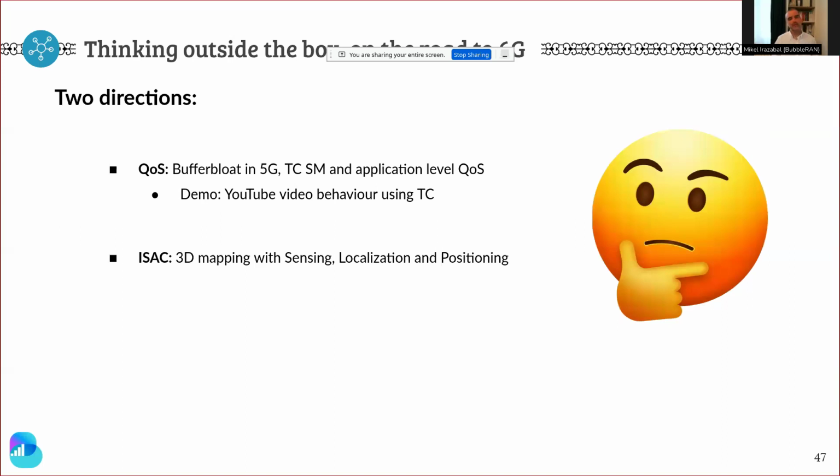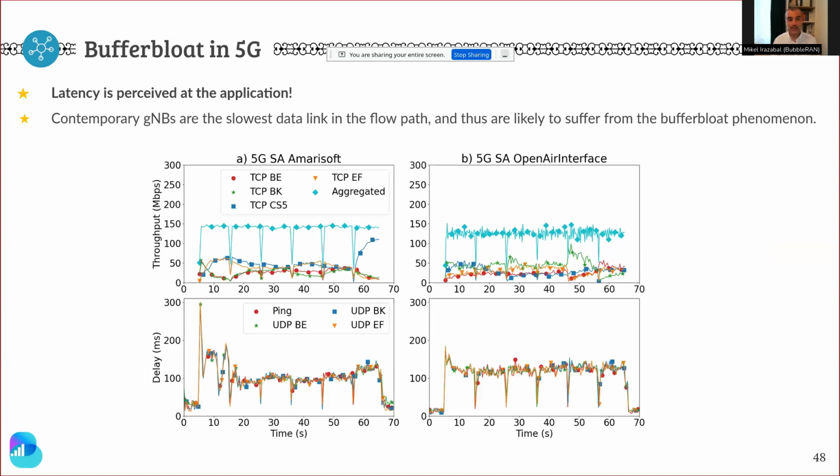Let's also think a bit outside the box on the road to 6G. So we see two directions in BubbleRAN right now. The quality of service, and so the buffer load in 5G, and for that we developed the traffic control service model, where you can also control the application level quality of service. For this, we will give a demo now, and we also see some ISAC, right, and 3D mapping with sensing, localization, and positioning. That's something that will play its role. So regarding the buffer load in 5G,